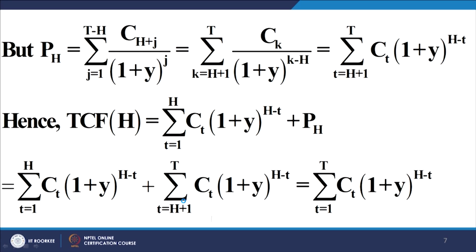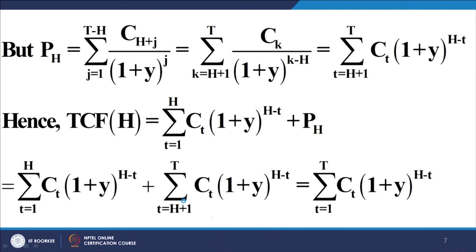Now, what is PH? PH would be what? The present value, I am sorry, of all the future cash flows that can be derived from the investment. In other words, the price that the buyer of the bond at t equal to H would be willing to pay as per the DCF presumption is equal to the present value of all future cash flows discounted at the current market interest rates. So, that is given by the first expression